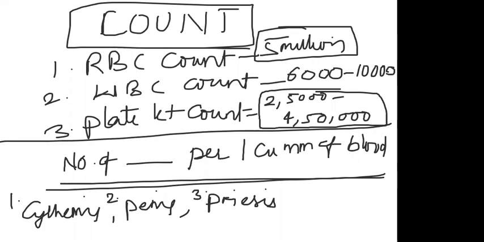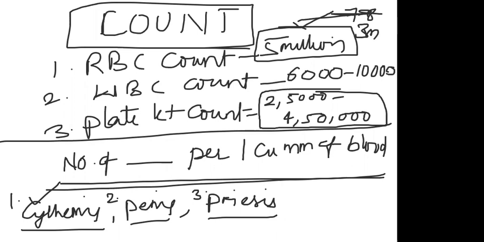Number one, cythemia, we said increase. Now you can apply here that penia is decrease in the number. Poiesis means production. We said normal RBC count is 5 million. Imagine there are about 7 million or 8 million, what do you say? That is polycythemia. Imagine it is reduced to 3 million, what do you say? That is penia, erythrocytopenia. Likewise, WBC count.